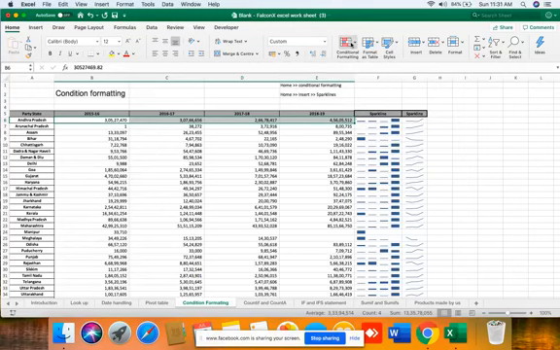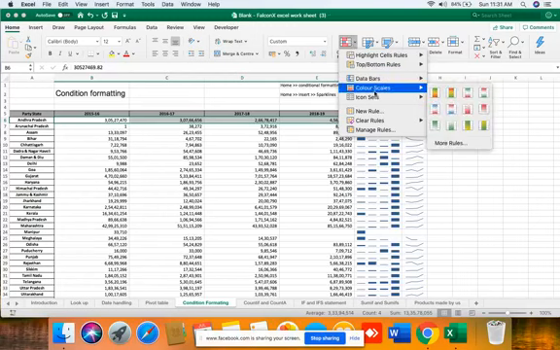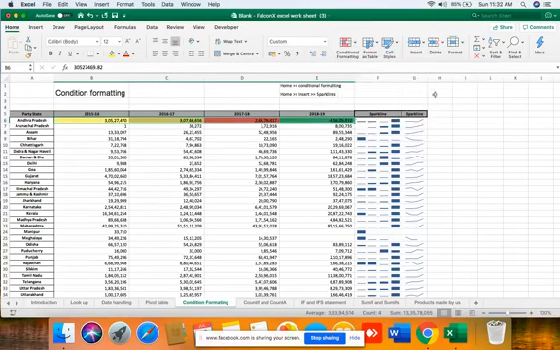So under the home tab, conditional formatting is there. I know that sub columns in the Excel is not visible while sharing the screen, so I'm just explaining you. There would be an option called color scale. You can select as per your requirement the color scales which you want. Green stands for highest, red stands for lowest, and middle colors will bifurcate as per the ratios. Once you try yourself, you will understand. This was the conditional formatting at the row level.